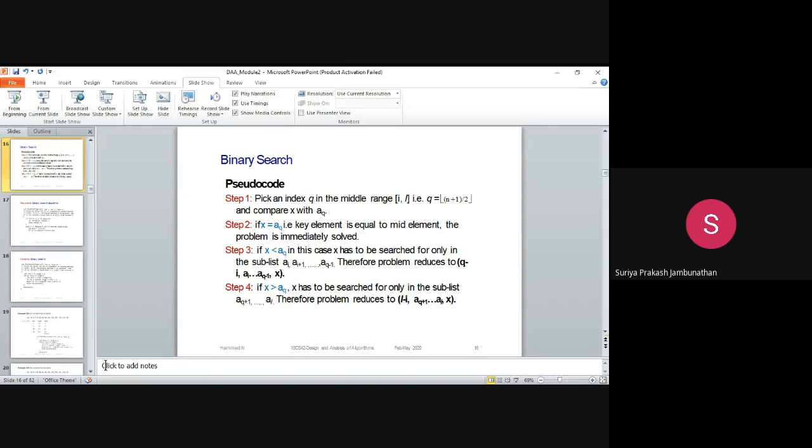So we are searching the x value in the first sublist. We can reduce the computation, because we are not searching in the greater element side, we are searching in the smaller element side. So our computation time will be reduced, because we search the key element only in the smaller element values.